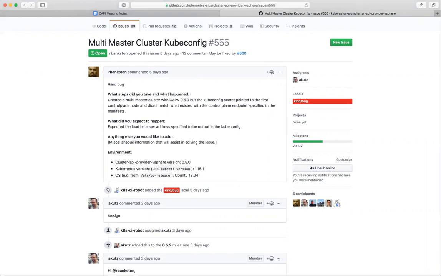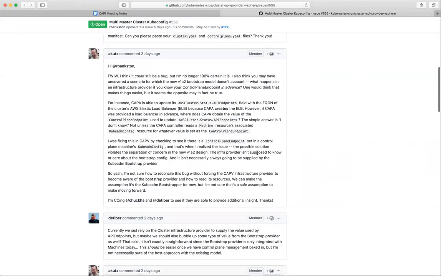The current CAPI model doesn't really account for this, because it relies on your cluster controller, or some controller in your repository, to update the cluster's API endpoints, which is what that kubeconfig secret gets generated from. So what if you set up a load balancer in advance and you're deploying machines with static IPs, and your load balancer is set up to point to those IPs? Well, what ends up happening is